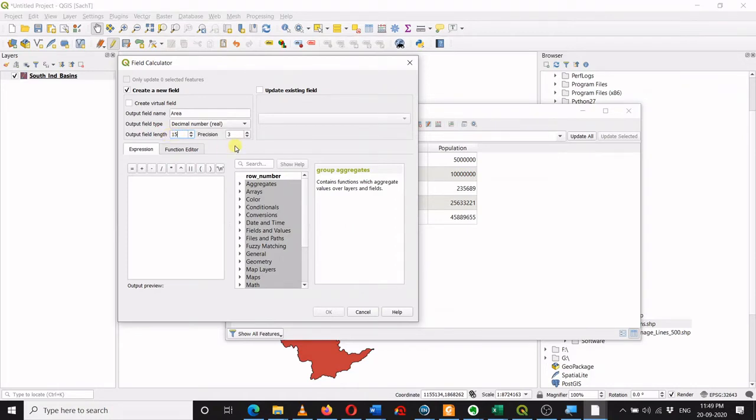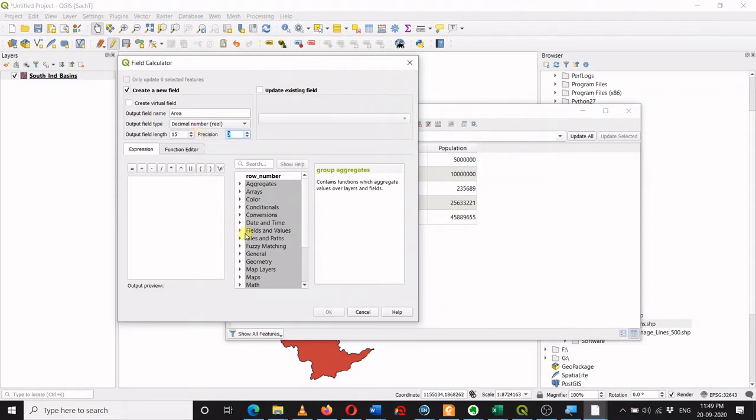And what is the precision? The precision is the number of digits after a decimal point. So I will select precision as 2. You can select whatever value you want. So this is how I am defining the new field: the field name, the type of the data, and the width or length of the data.